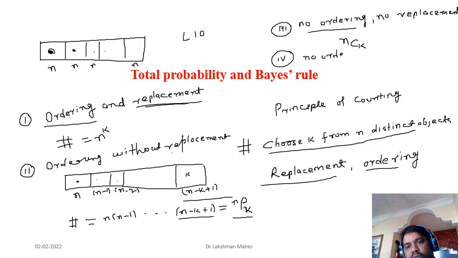You don't focus on order, so we are doing combination with replacement. You can say that it is a combination with replacement: no ordering, but there is replacement. Whatever we take out, to cover that, we put the same number of objects back in the bag. So I won't discuss this much, but I am directly writing the formula for this one. The derivation is very simple. Just think about how it comes. It would be n minus 1 plus k.